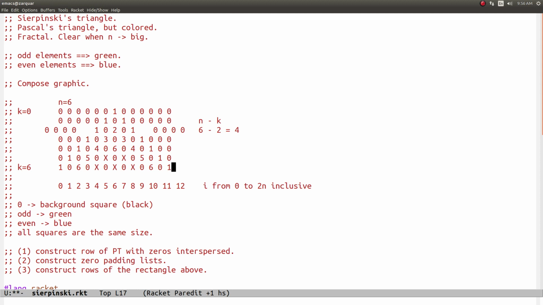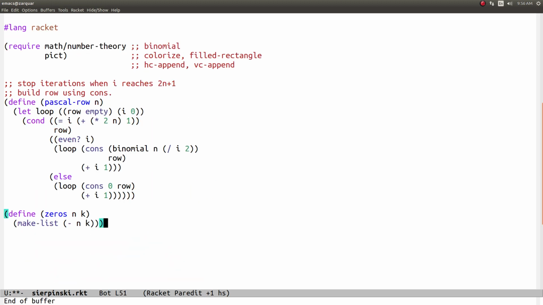You have to keep in mind Pascal's triangle is being indexed from 0 to n. So there's actually n plus 1 rows here. But that's just the way life is with Pascal's triangle. See? Here its index is 0. Look here, second element, here 0, here it's 1, here 2, here 3. That gives us a convenient way to number the rows, but the numbering starts from 0. So, n minus k. Right, so let's go down here, n minus k, and I make a list of zeros